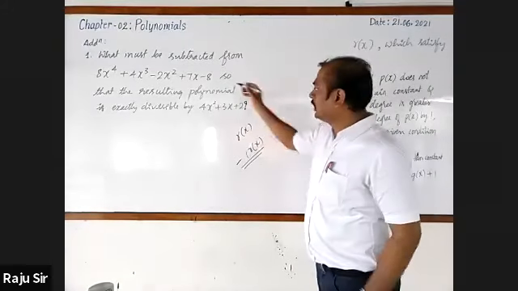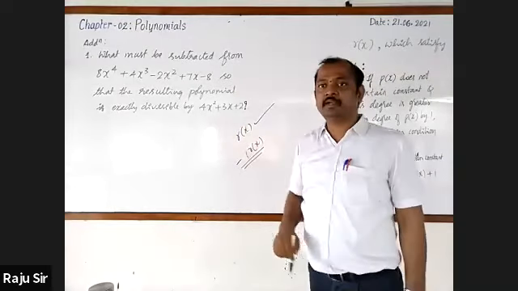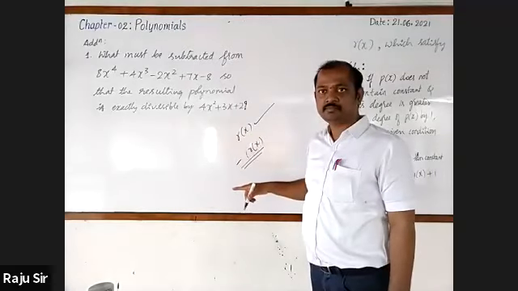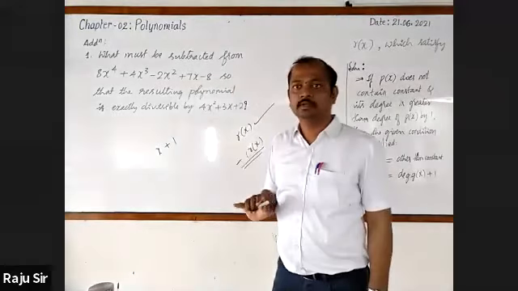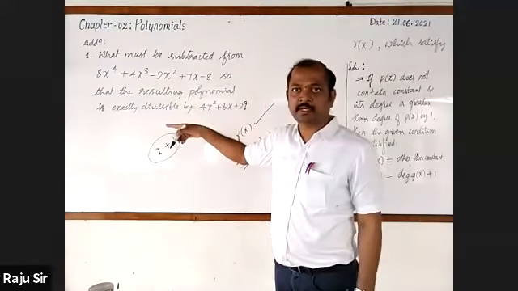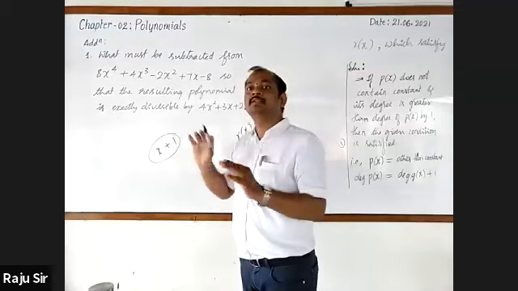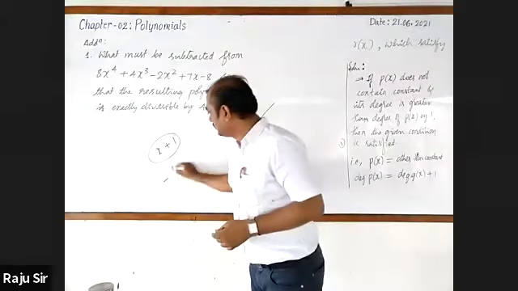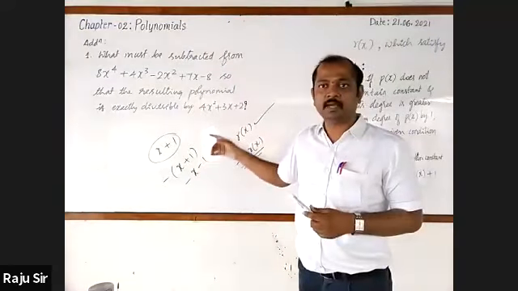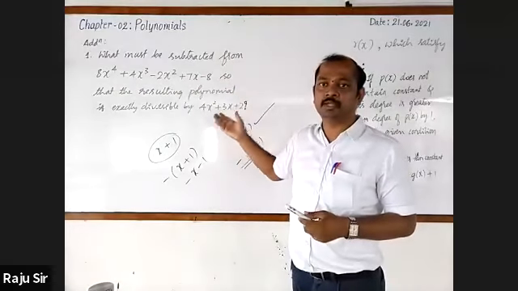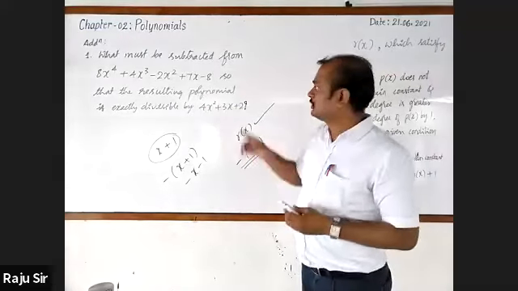Once I repeat, what must be subtracted? Just remember, the remainder should be subtracted. What must be added? Minus of remainder. For this one example, suppose finally the remainder you got is x plus 1. This is the remainder. What must be subtracted? Yes, x plus 1 should be subtracted. That much should be written. Same question. What must be added? Minus of x plus 1, nothing but minus x minus 1. Minus x minus 1 should be added to the given polynomial to make it divisible by another polynomial. So can you do this yourself?